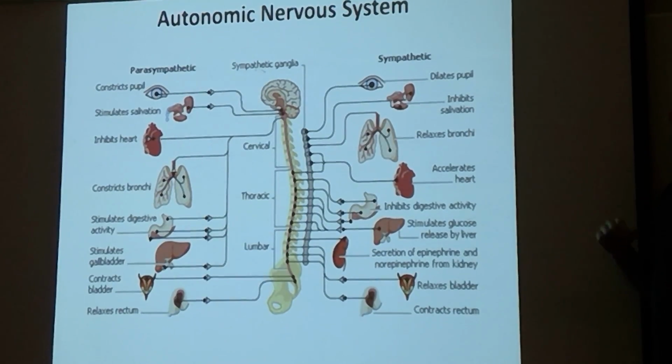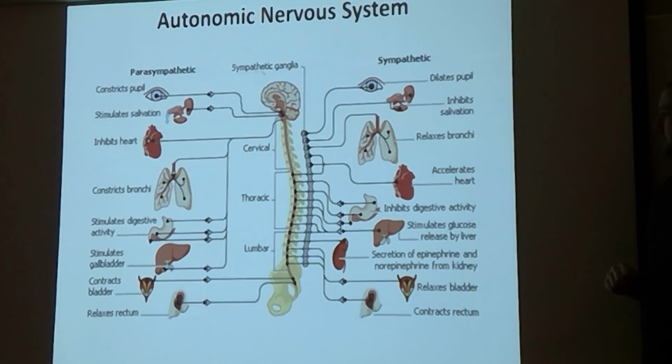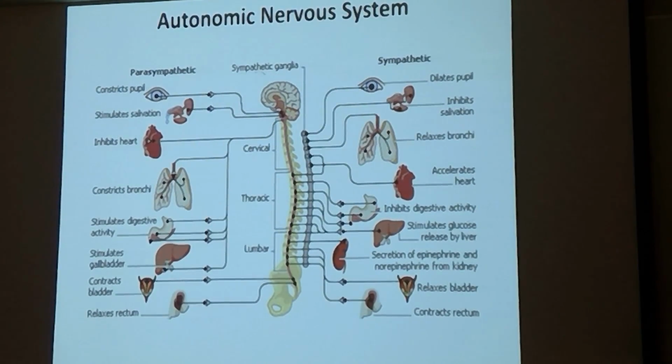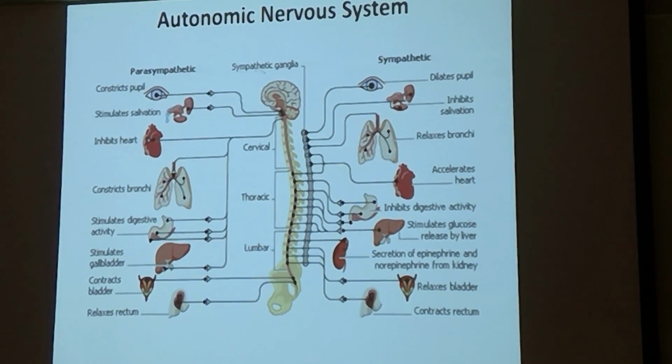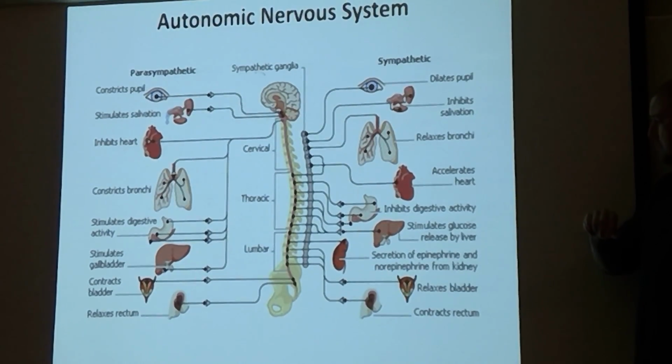You're going to have an inhibition of salivation. You're going to get more air into the lungs. You're going to accelerate the heart rate. You're going to turn off digestive activity. So obviously you don't want to do this after a big meal, right? You want to stimulate glucose release by the liver, so you want to make sure there's enough glucose in the blood supply to get ready to either fight or